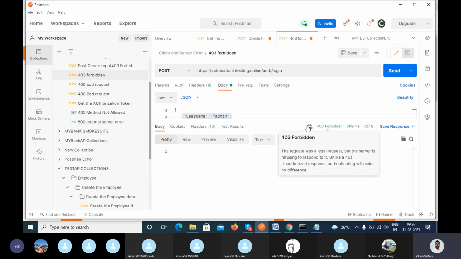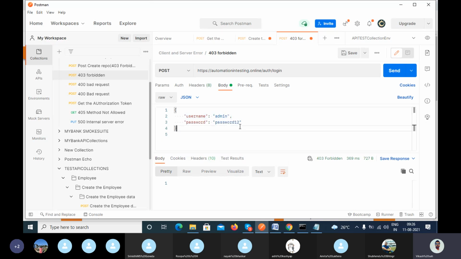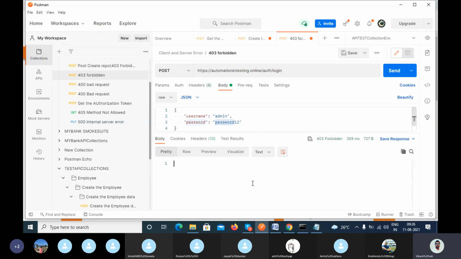So now tell me what logic you can apply here. If you pass the username and the password correctly, the server will go to the login. Inside the login they will check the database. In that database, if the username is admin and the password is password, then display the token.